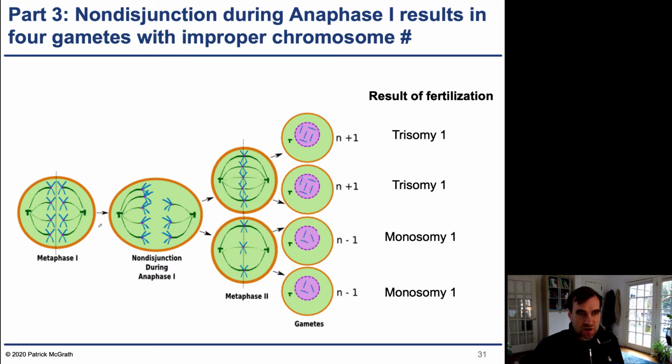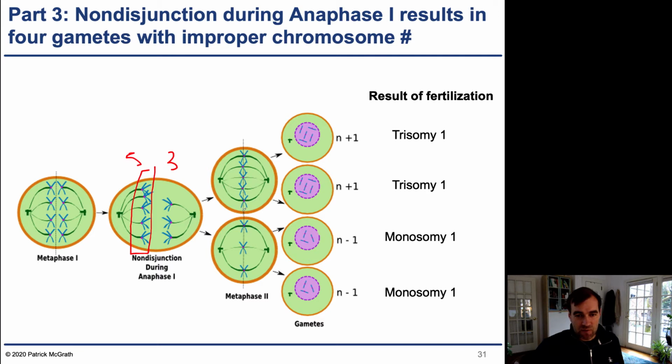If this occurs in meiosis, in metaphase I, the homologous chromosomes, the tetrad forms, and your goal is to split the homologous chromosomes into the different cells. If that fails, then this will have 5, and this will have 3. So this will have one too few, and this will have one too many. And then as we continue, the tetrad eventually is able to split apart. Even though the tetrad gets pulled to one cell, it eventually splits apart, and each one of those